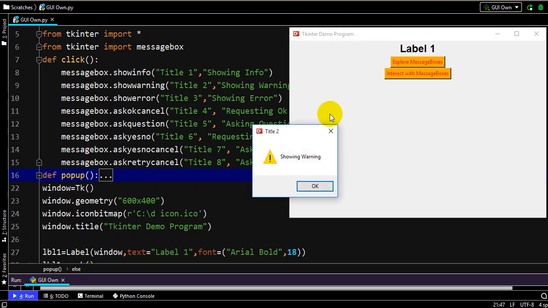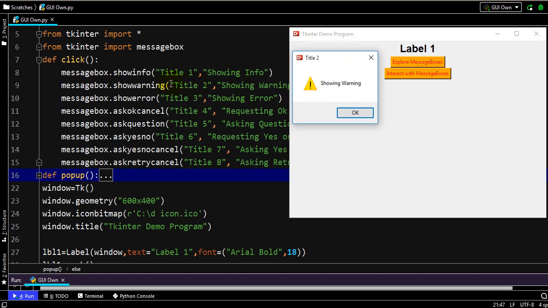Next is the message box which carries title 2 and is showing a warning. Here you would have seen the change. Earlier it was in blue color with an I, now it's showing a yellow triangle with an exclamation symbol showing some warning. It wants to convey some warning.